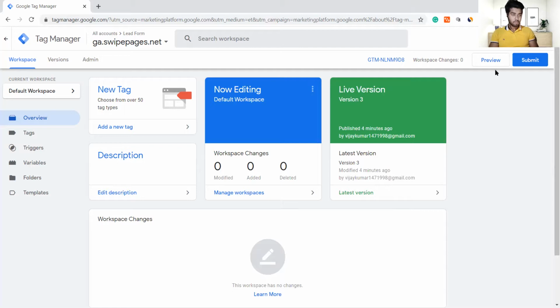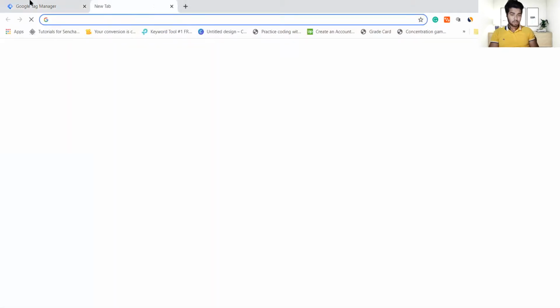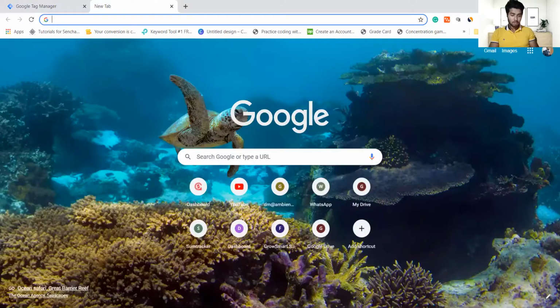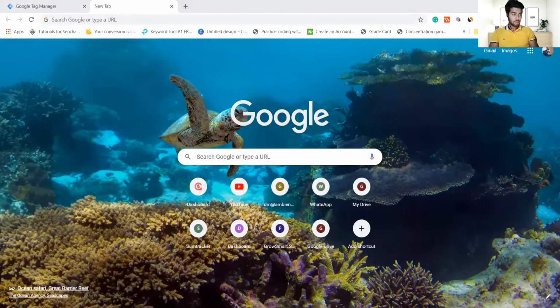No, it is showing Tag Manager on my laptop. We are on Tag Manager. No, you are not on Tag Manager, I have just changed my browser. I'm on Google Chrome right now. Okay. Yes, on the Google Chrome new tab. Yep, new tab, right? Correct. Yes, fine. Just allow me a moment. Let me just quickly sort this thing out.